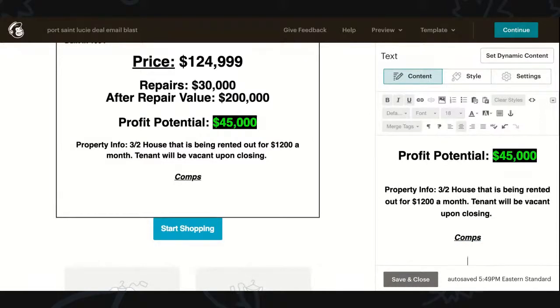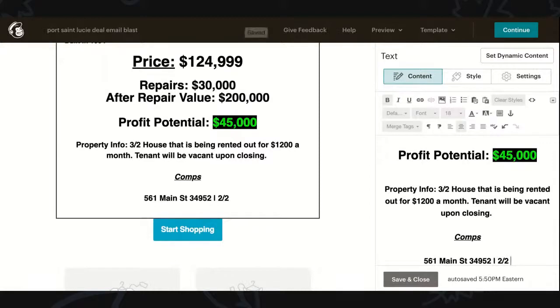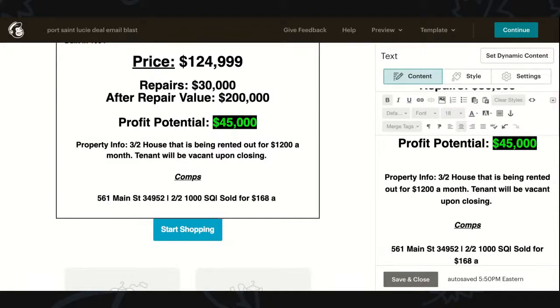So, for example, 561 Main Street. What I have to do is put the zip, and then I'll just say something like 22,000 square feet, and do that little dash thing. 1,000 square feet, and then just put sold for, and then you can put the price it sells for, or you can just do something like sold for 168 a square foot.